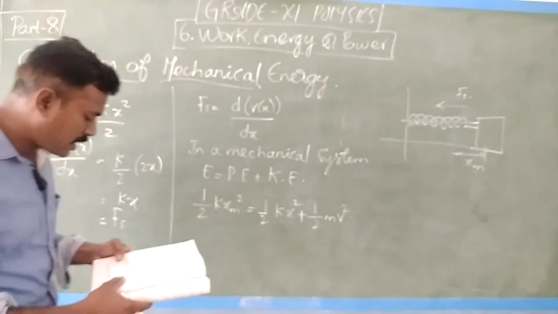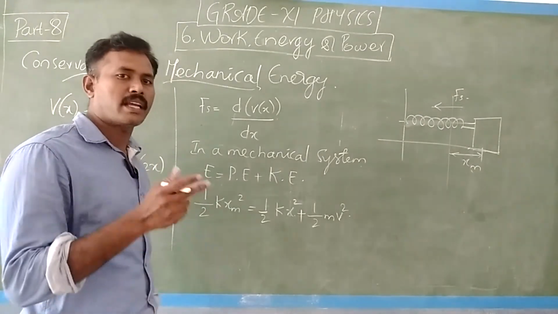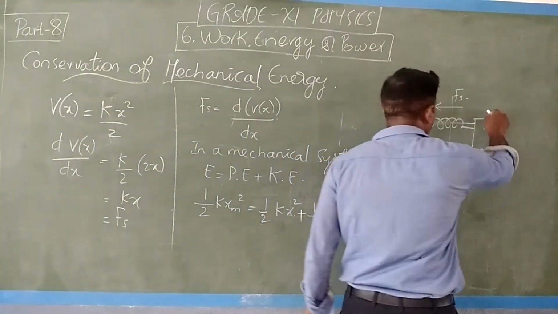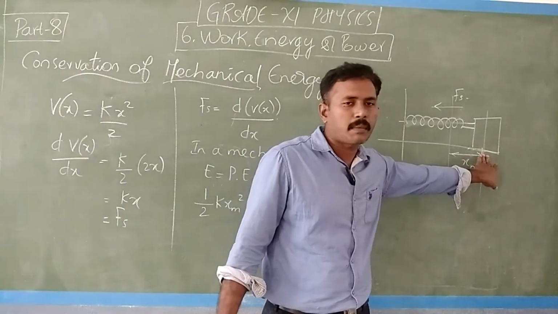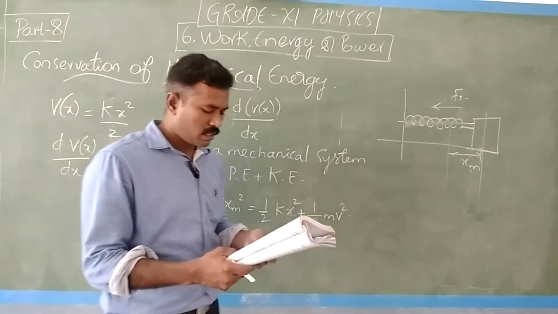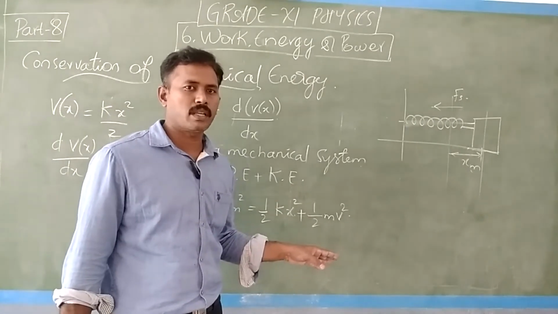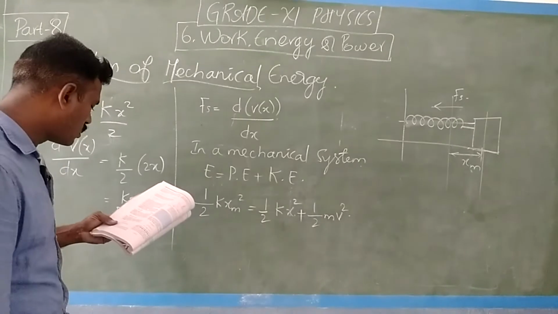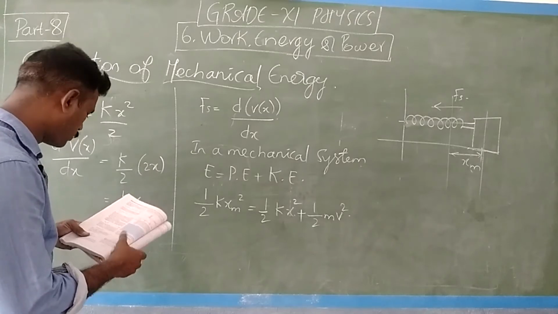the speed and kinetic energy will be maximum at the equilibrium position. So at the maximum position, what will be there? What is the maximum position? This is the maximum position. When it reaches the maximum position, what is the value of the velocity? At the maximum position, it comes to rest. So that means the value of x is 0.